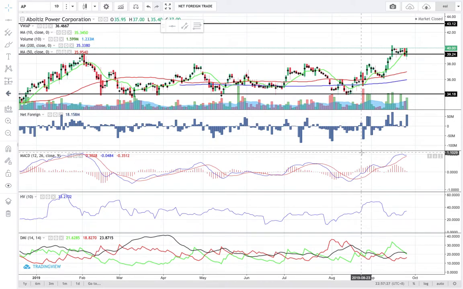So in a way, the majority of today's top 10 brokers wanted to realize some profits. Perhaps for them, it's time to lock in some profits now that AP or Aboitiz Power already broke above the previous resistance at 39.2. Well, as far as our strategy here at Equilist Analytics is concerned, we don't sell